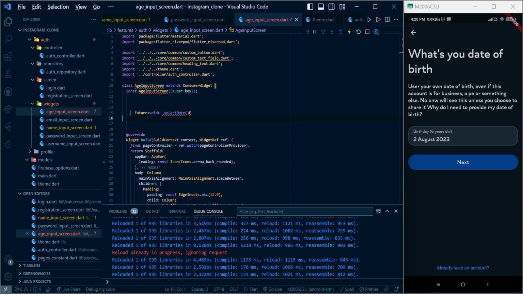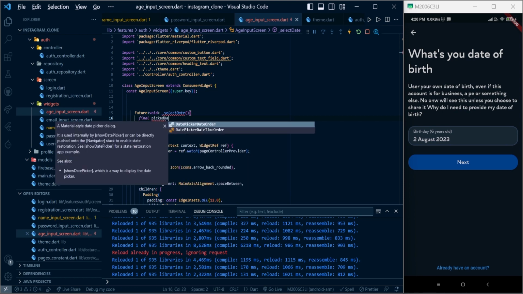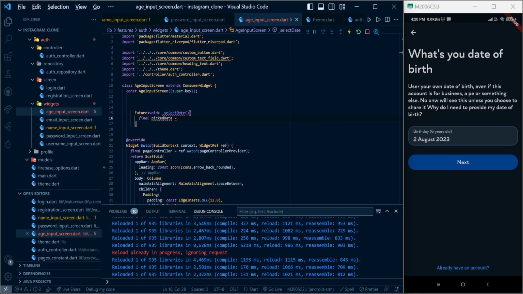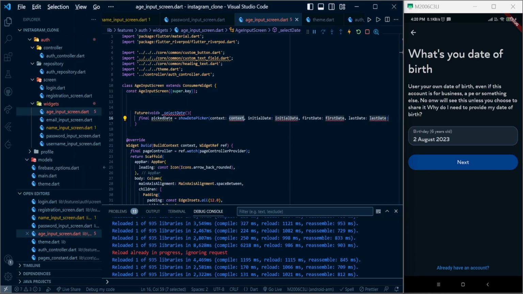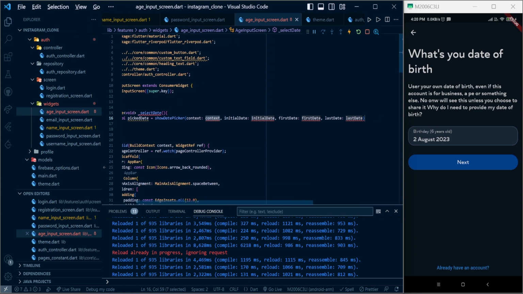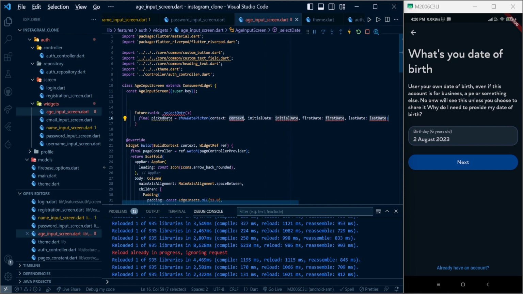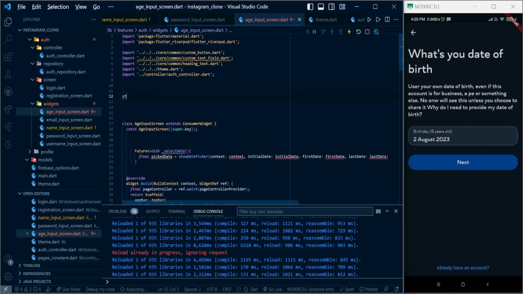and we can do final pickedDate, and we can use the showDatePicker function provided by Flutter itself, and we can pass the context. I think we need to make this a stateful consumer, so we can create